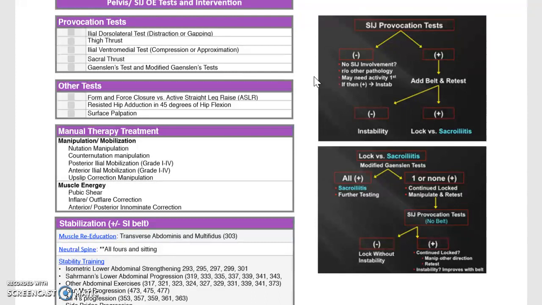So here, this second chart is a kind of continuation of the first. We performed our provocation test, added a belt, and retested, and it remained positive after that. So here we're going to perform the modified Gaenslen test. If it is positive in both nutation and counter-nutation, we will suspect sacroiliitis, but further testing will be needed to